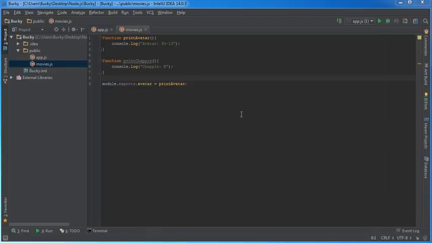Alrighty guys, welcome back, and in this video what I want to do is show you an additional way that you can export modules. There are actually a couple different ways, but this is one of the more common ones, so I figured if you ever saw this syntax